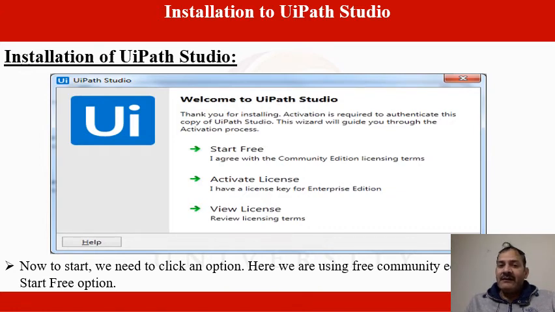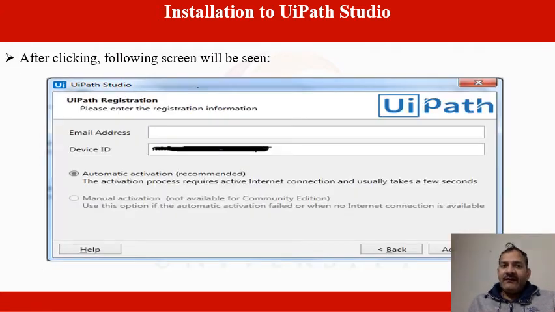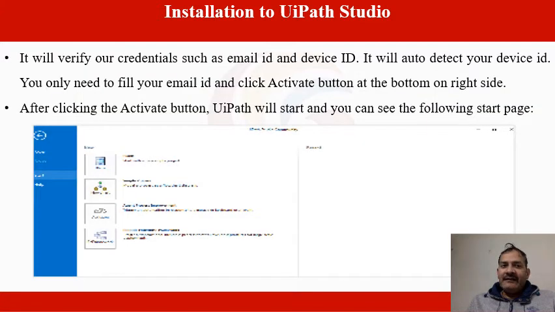After clicking start free, the following screen will be seen. This particular screen shows email address, device ID, and automatic activation recommended. No need to do anything, but you will write your email ID so that it will verify your credentials such as email ID and device ID.